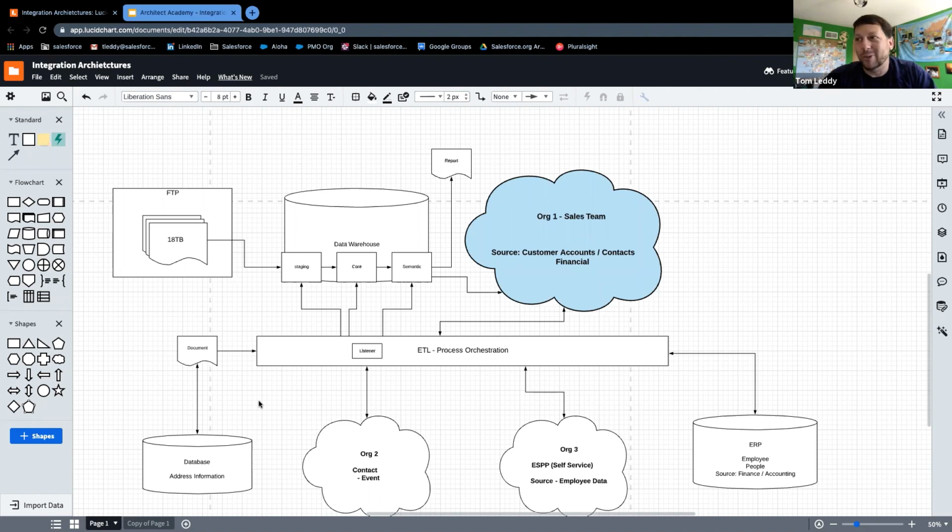If I'm running a nuclear power plant and I need to know when something's about to fail, I absolutely need real-time integrations between whatever systems are operating the plant and my reporting system. If I'm updating address data or something that's going to go in a report that someone might not even look at until the end of the month, maybe batch is actually fine, right? So, yeah,